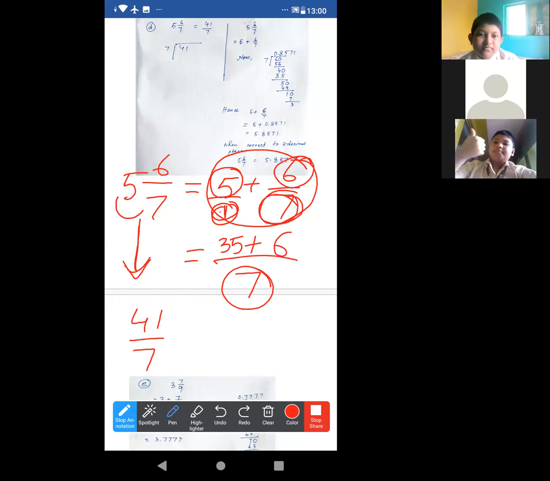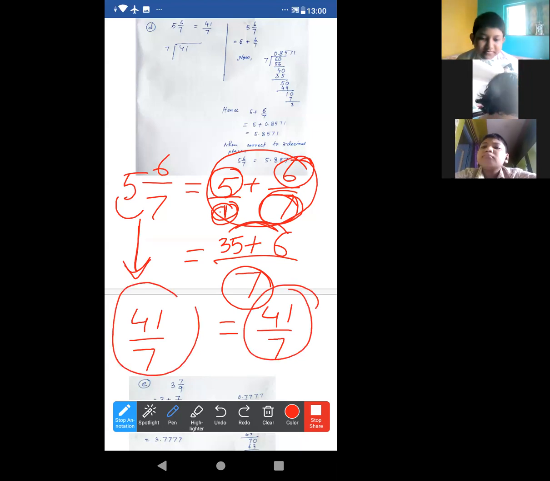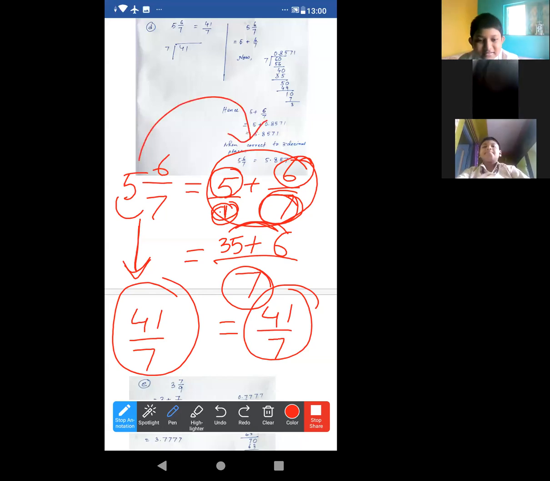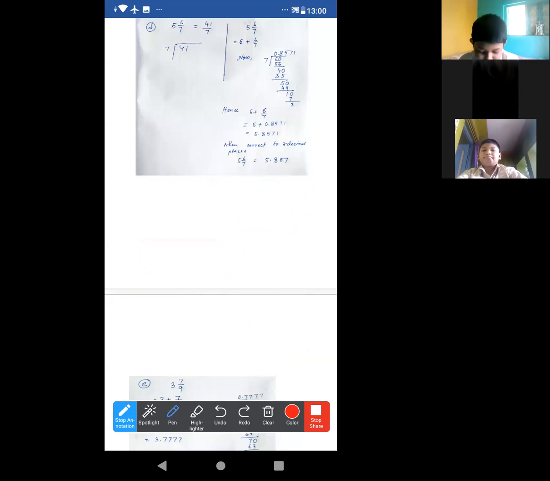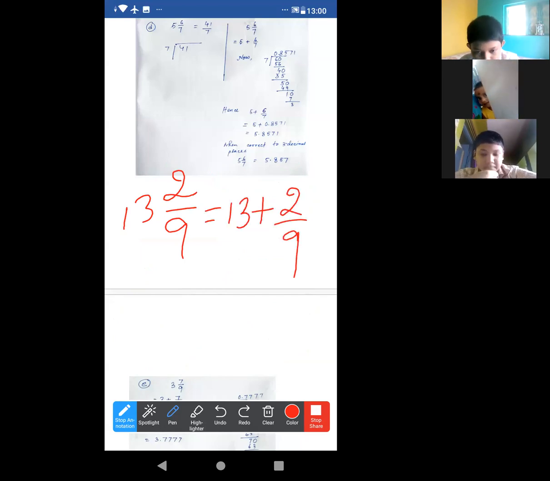Trisha, Shaurjashish, yes. Now if we add them, just look at this. This one will be what? 41 by 7, yes or no? Both are the same. So now understood. That's why we can break it in this way for any mixed fraction. Suppose it is given 13 whole 2 by 9. Then also we can write it as 13 plus 2 by 9. Understood or not?